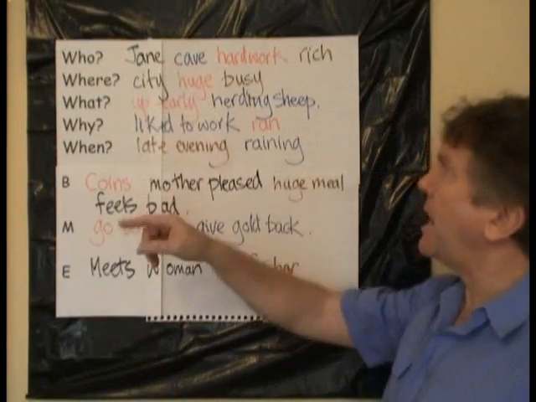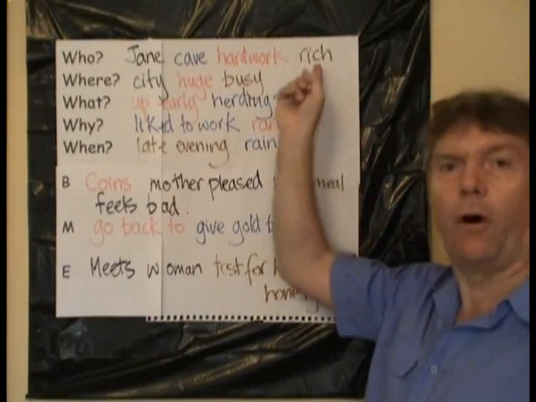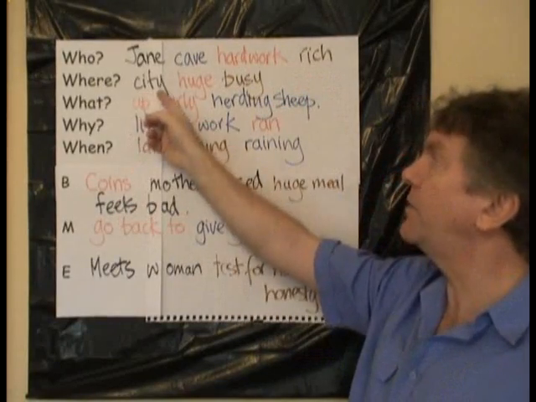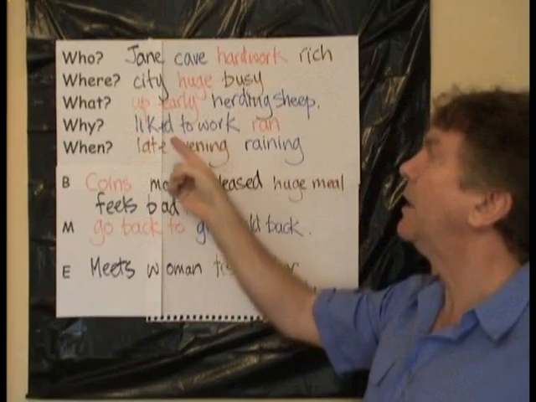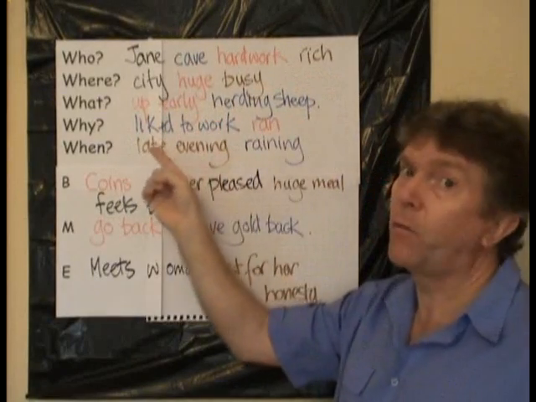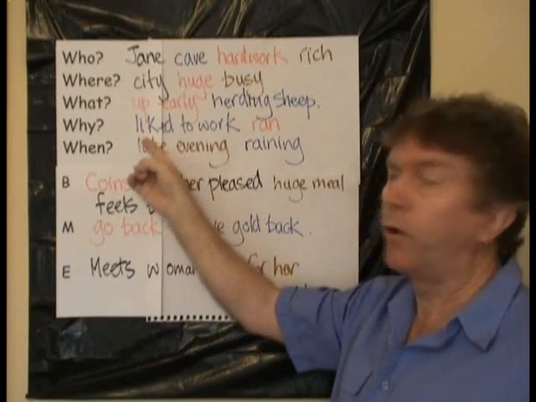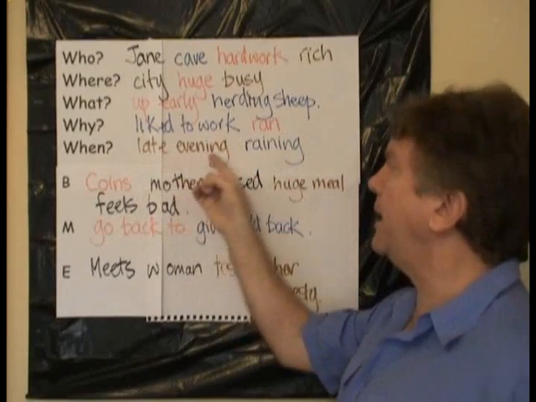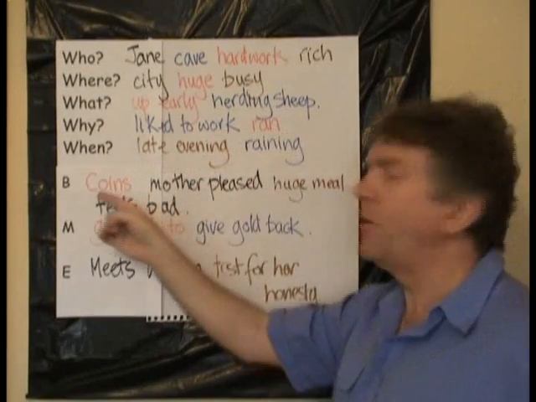Jane lived in a cave and always worked hard, and for all of her hard work, she found that she was rich. This cave was in a city that was huge and always busy, and every morning she would get up early and herd her sheep, for everyone needed the milk and everyone wanted wool. She liked to work, she ran to work, and one late evening when the rain was falling, she met someone,